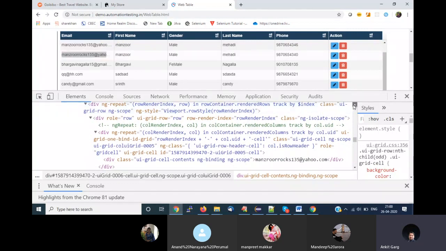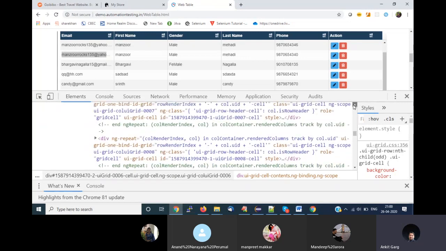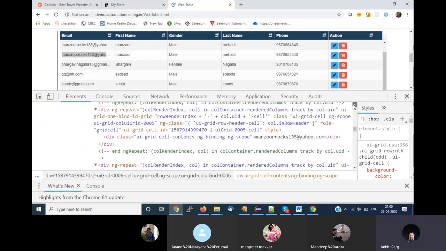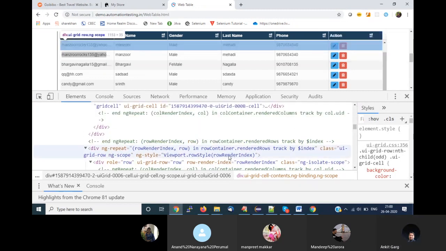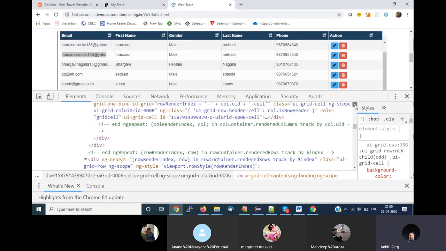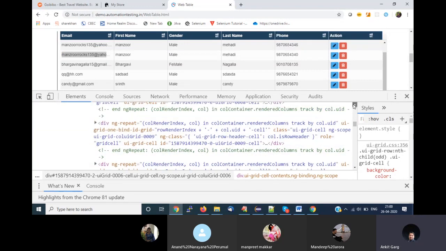So I have to keep going up until I find the complete parent of my table or element for my web table. This is also not my parent. This is also not my parent. Not even this. I have to keep going up.